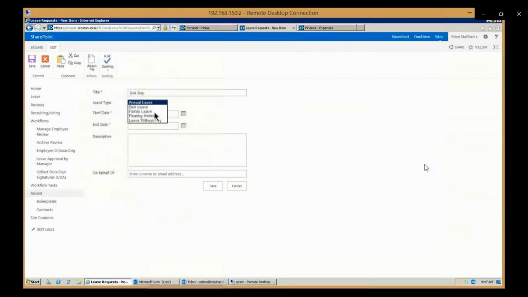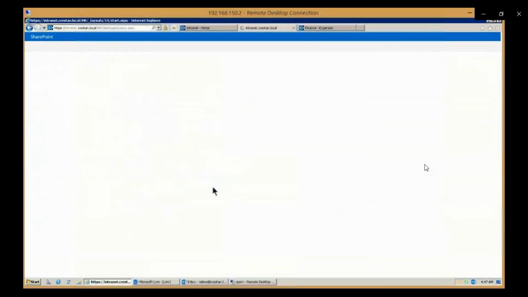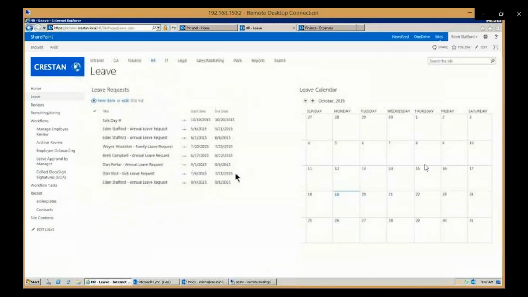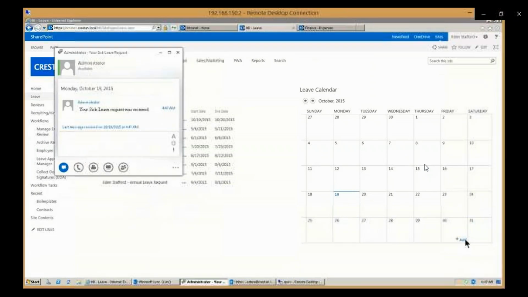So as an end user, I'm going to request a day off, request a week, now that's our request to start on the 19th. And I'm going to finish on the 26th. So I'm going to go ahead and hit save. What's going to happen is I hit save, the new request is created. The workflow is installed. See here that your sixth was received. And the notification could come via here. This is how